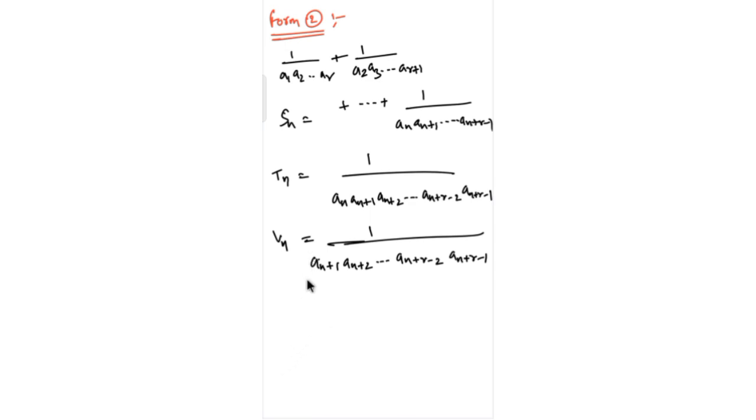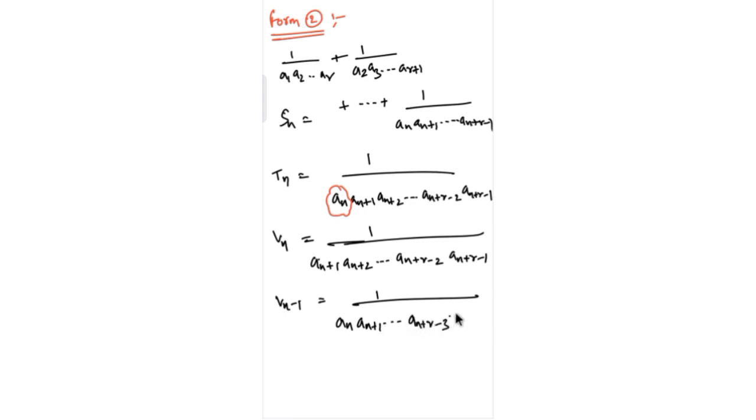So this is my Vn, and what did I change from Tn to Vn is, I just left the first factor. What is the first factor here? The an. The value of an I just left it, and except the first term, I have written every term in the denominator. So that will be my Vn value, and Vn minus 1 is 1 by an+1 so on,